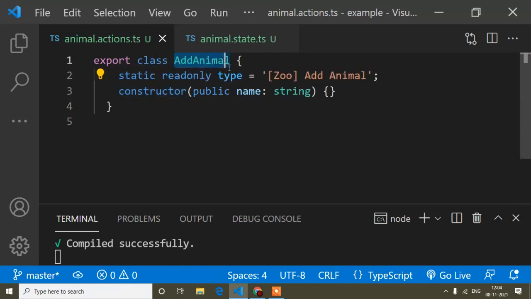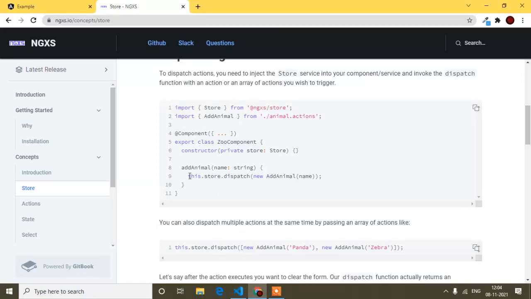We can call it this way: this.store.dispatch(new AddAnimal(name)). If you are thinking what is new AddAnimal, here you have to understand that it is a constructor object. In the action file here is the constructor, so you have to understand that constructor object.